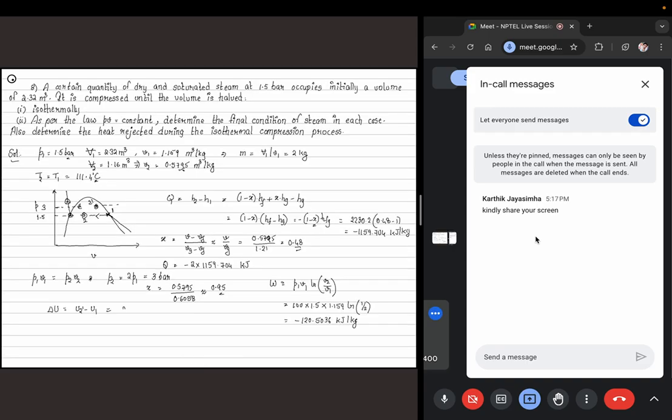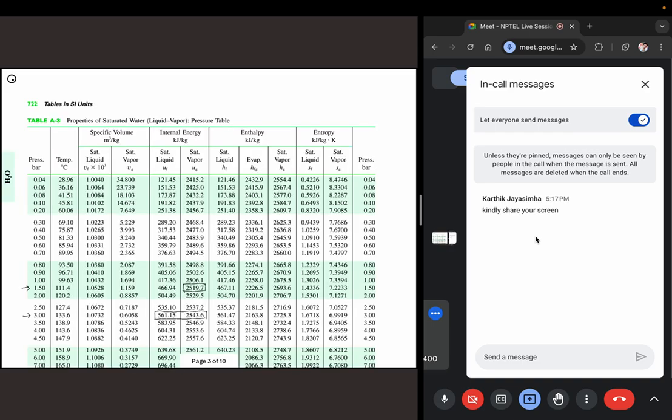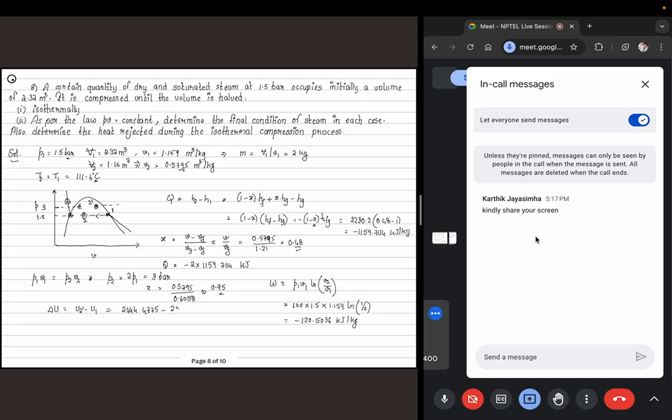So U2 prime is in U1. If you take the value directly from there, now that we have both Q as well as U, we can find delta U and W. We can calculate Q to be W plus delta U and multiply those values with the mass that we have calculated already. So that gives me